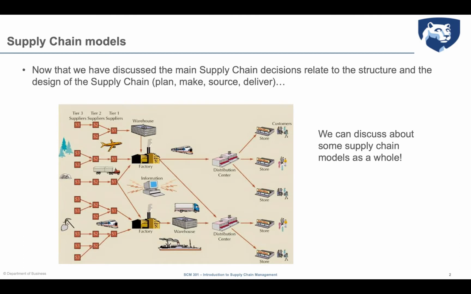because until now we have discussed the main supply chain decisions that bring to the structure of the supply chain individually. We have first seen some planning, we have then seen some principles about production system design, some principles about supply network design, and then we have touched some aspects related to distribution network design,